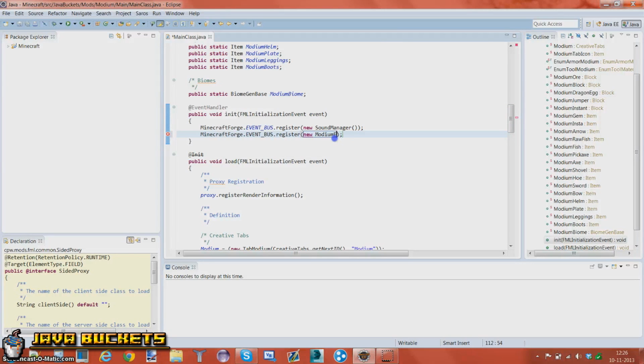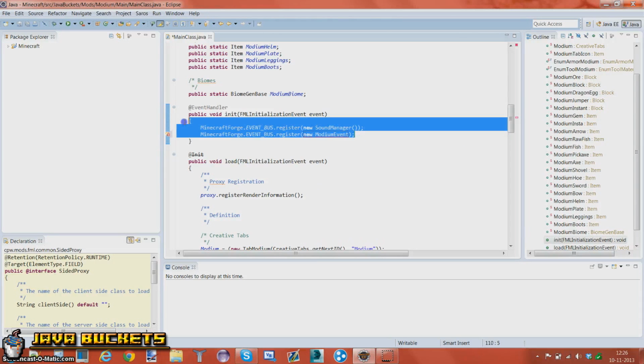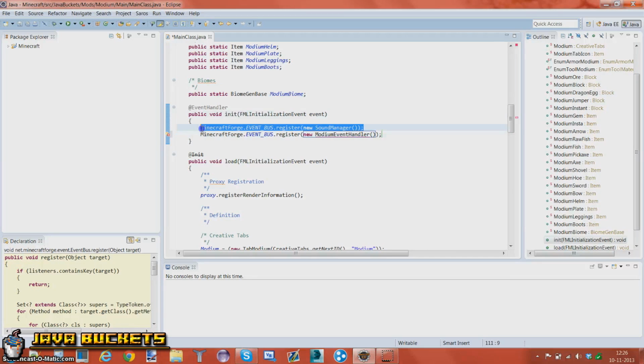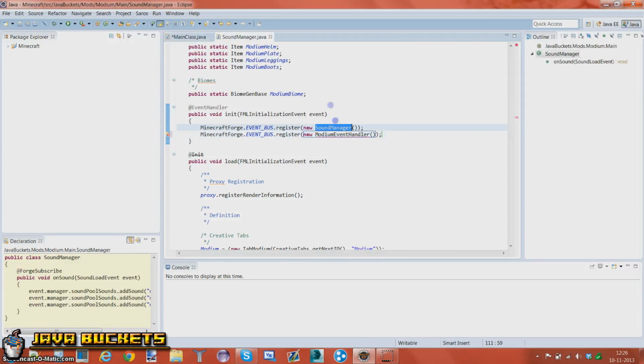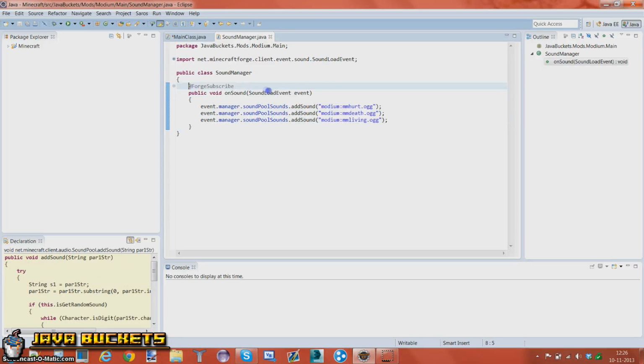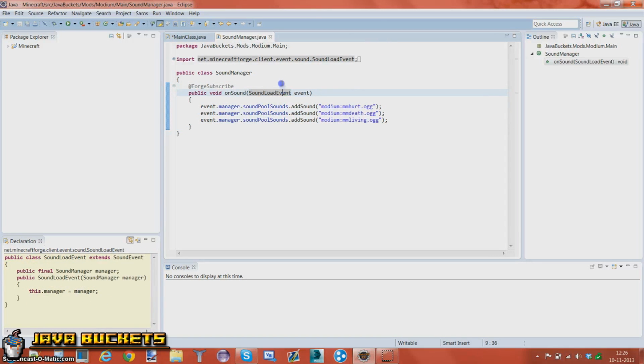Now I'm going to be showing you all the different events, well, a lot of them at least, and they're going to be split up in tutorials. So first of all, this tutorial is just about setting up our event handler. It's just like registering the sound manager. Basically, you register a new file, and I think the sound manager is actually an event handler. As you can see, we have the sound load event, which is an event, and it